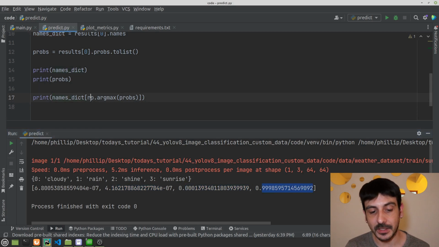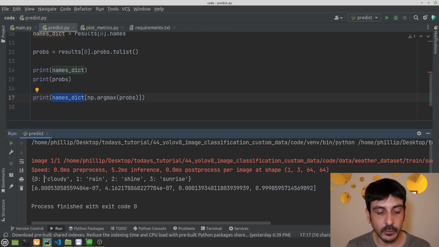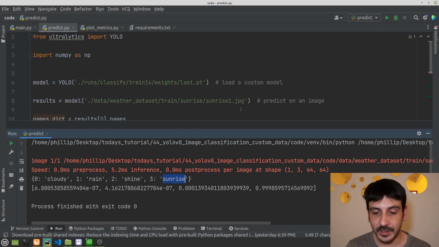So from calling np.argmax on probs, we are getting 3, and then we are calling the third element of the names_dict object. So we go here and we see that 3 belongs to the sunrise category. And if we look at this image again, we are going to see we are in fact plotting a sunrise.